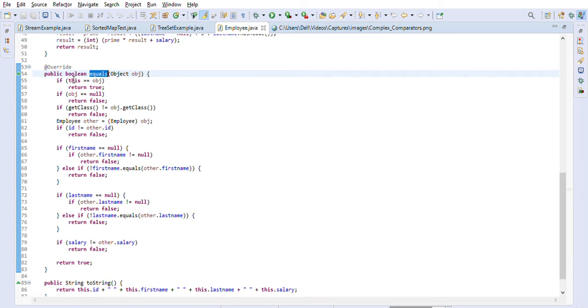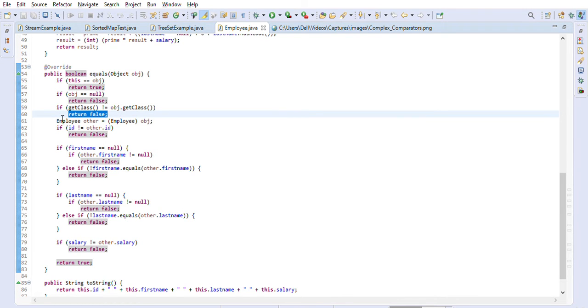Here we first compare this object with the other object: if they have the same address, we return true, because they are the same objects. If the object is null, then obviously we return false. Then we check the class using the getClass method, so both must be the same class, otherwise we return false.